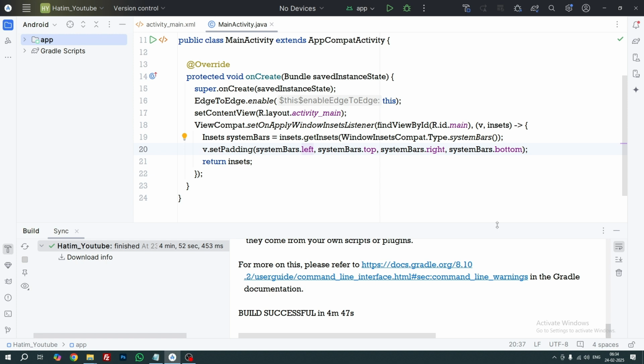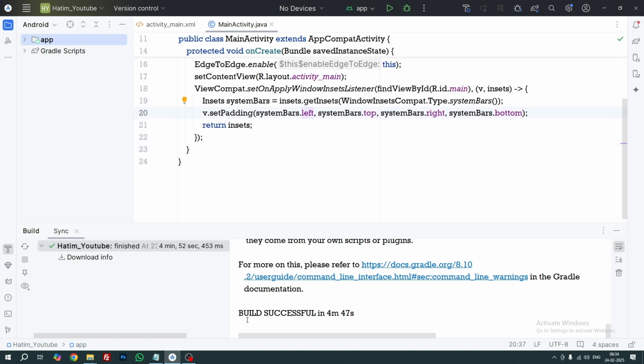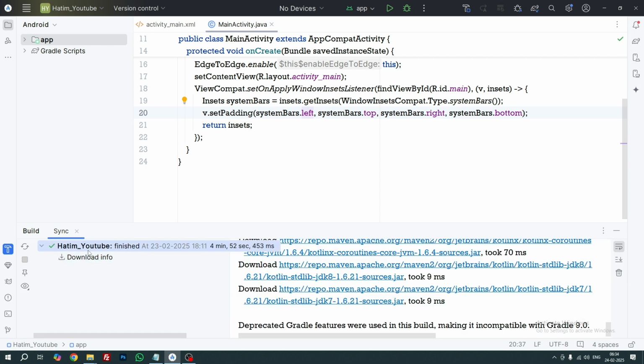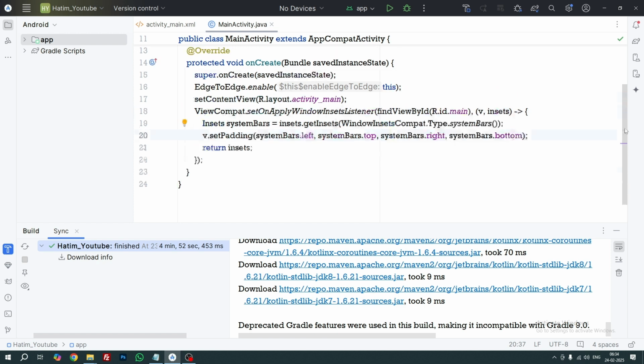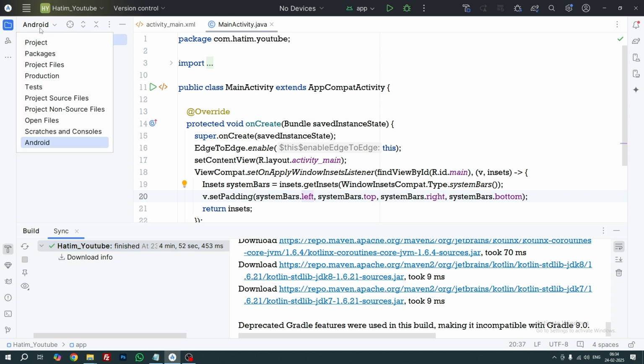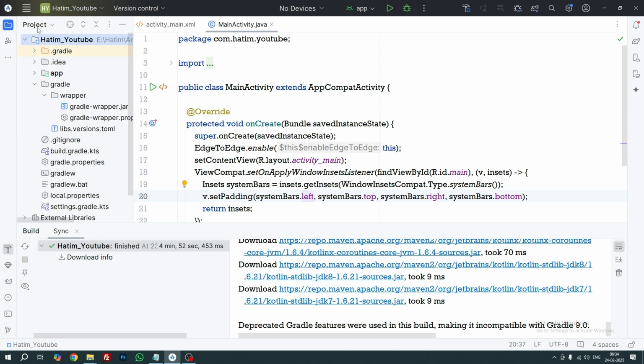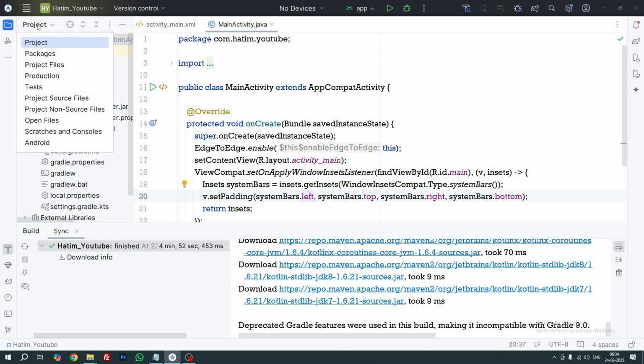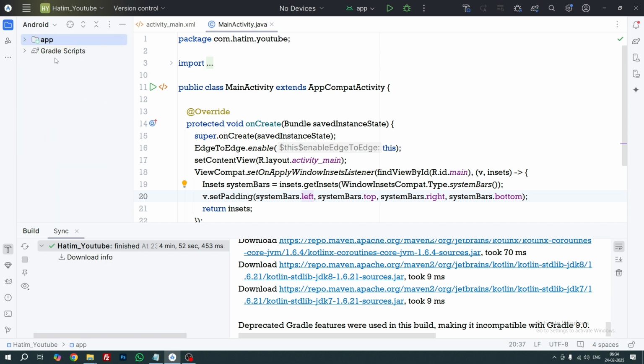Downloaded, and we can see build successful over here at the bottom, and here also the sync has been completely done. So if there is any issue, then it will show an error over here, and the project is in a very stable position. And at the left hand side also we can see that the project has been loaded, and many a times over here it sometimes stays in project. So we have to click on the drop down and go to Android. So this particular project displays for us,